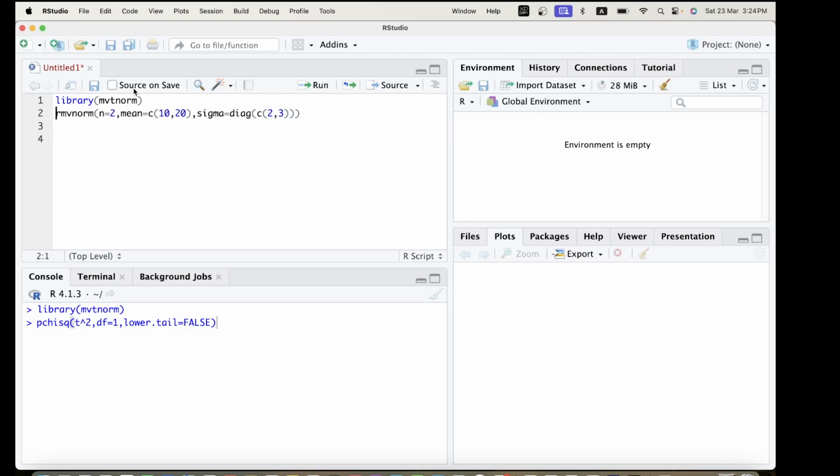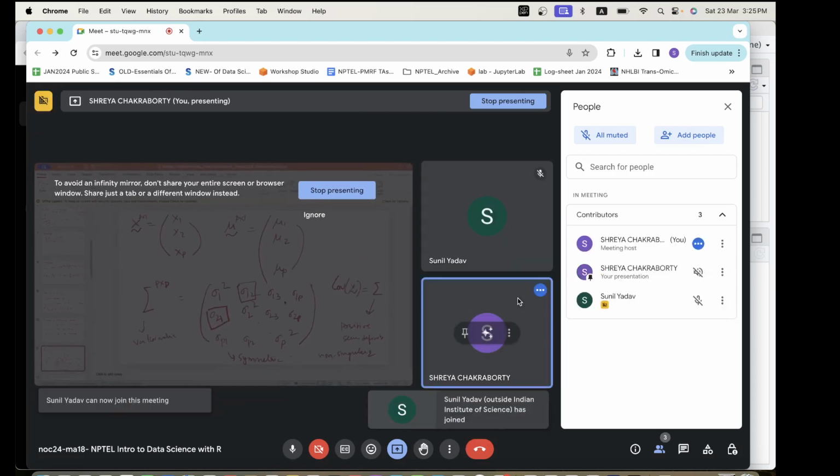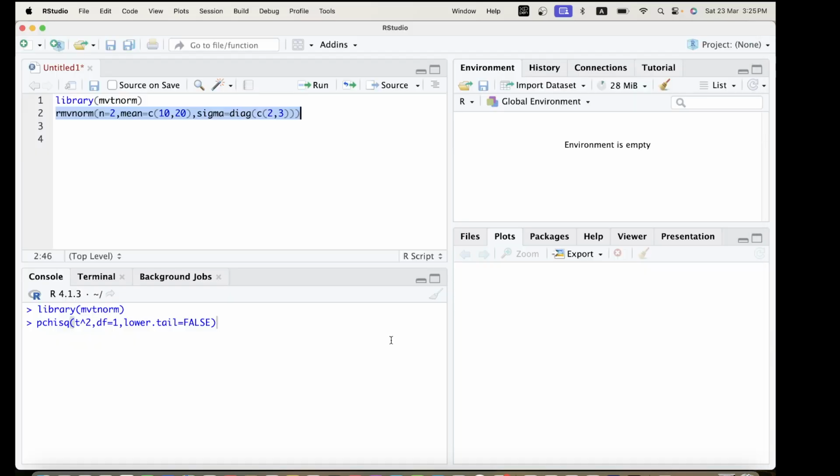two samples from a bivariate distribution with means 10, 20 and sigma is diag(2, 3). So what does this essentially mean? If this is the case, how am I going to do it, one second,